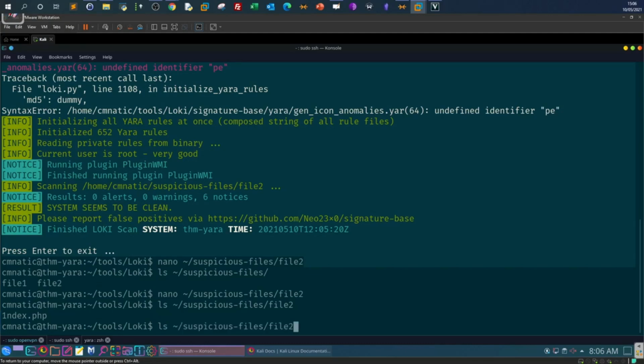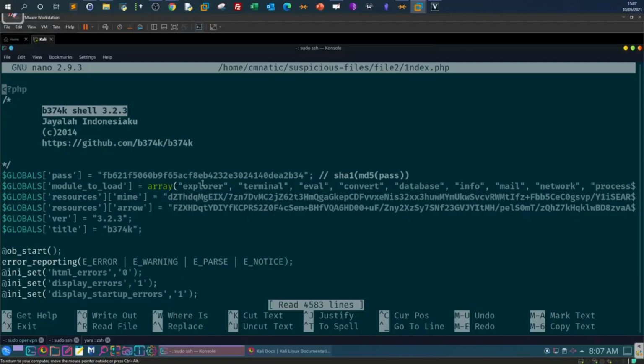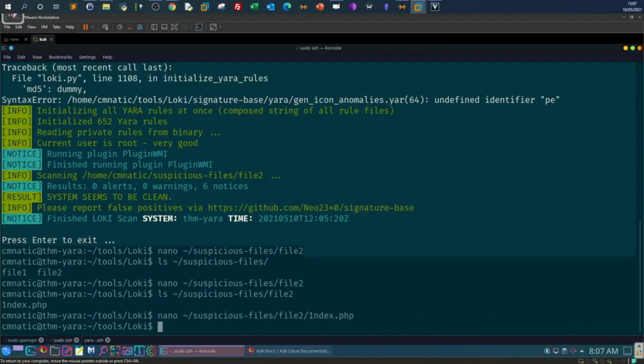One index.php. You can see the file is considered, or the file is a web shell, right? But Loki was not able to flag it as such. So this means that the YARA rules in the tool